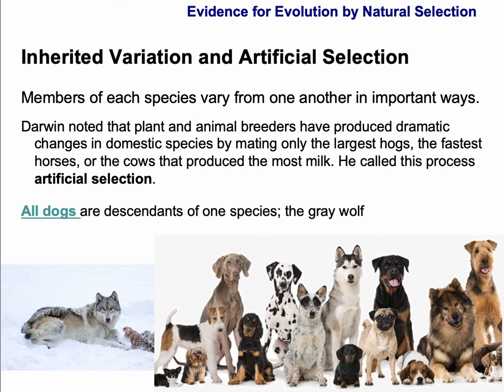So, what evidence did Darwin present in his book? One of the strongest pieces of evidence Darwin presented was the correlation between what he termed artificial selection and the natural selection that he believed takes place in natural ecosystems. Artificial selection is also called selective breeding, and this is what humans have done with domesticated species of plants and animals for several thousand years now.